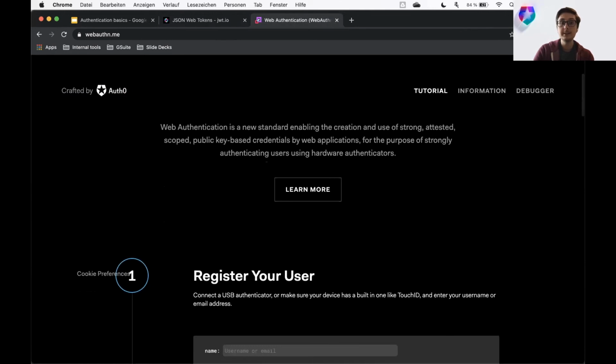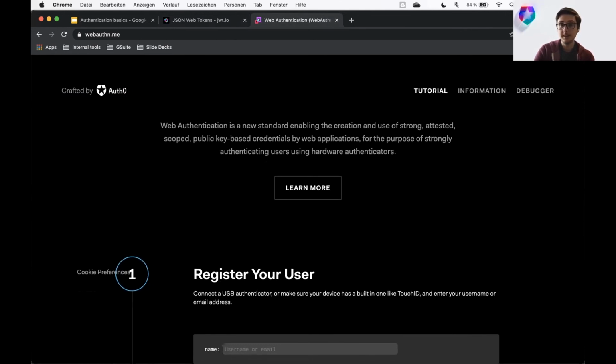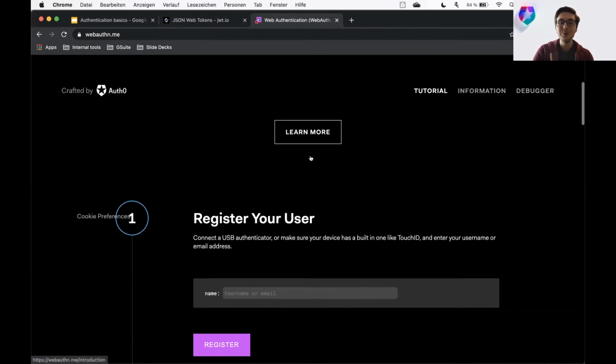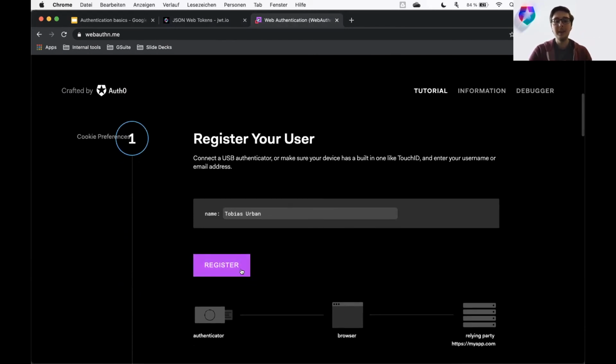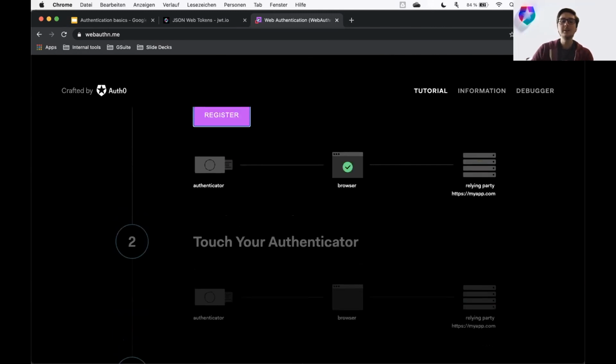And if you're interested in this, there are SDKs for doing this, and I recommend you use an SDK. I tried to implement it myself once. It was not fun because it's really, really complex, and there's a lot of cool security stuff under the hood. But for your users in the end, it just means they basically register on your website. This registration process will then register